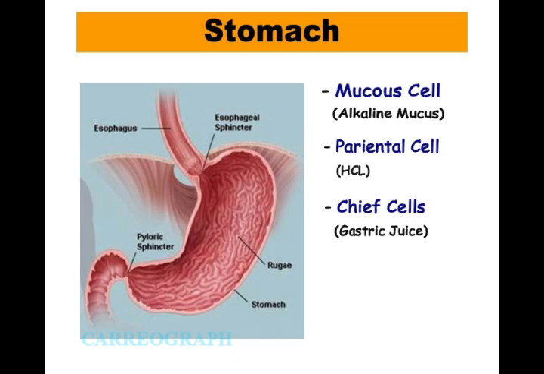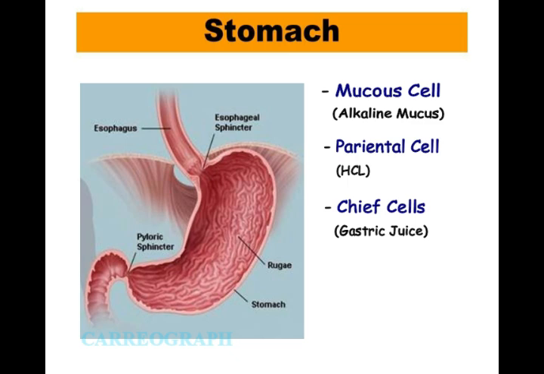And the third cell I have already discussed, friends. The fourth type of cell which is present in the stomach is the glandular cell. These are neuroendocrine cells present in the pyloric region of the stomach. And there are three different types of neuroendocrine cells present in the stomach, and they are G cells, ECL cells,